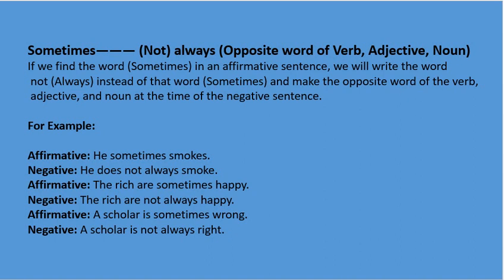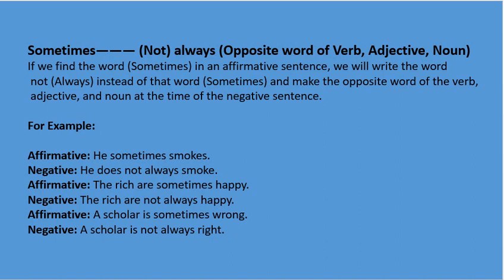Sometimes, not always, opposite word of verb, adjective, noun. If we find the word sometimes in an affirmative sentence, we will write the word not always instead of that word sometimes and make the opposite word of the verb, adjective and noun at the time of the negative sentence. For example,